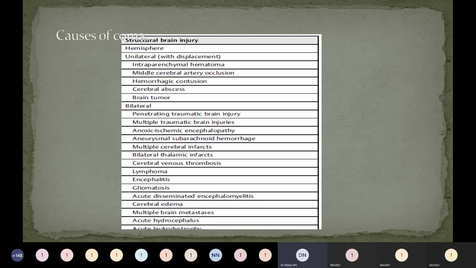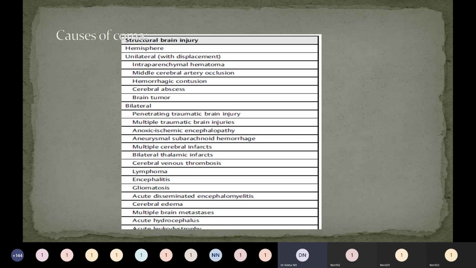So I was saying, coma can be due to anything causing a structural or a metabolic brain injury. We'll see this table mainly showing a structural brain injury. It can be a unilateral insult to the brain or a bilateral one. Predominantly unilateral, as all of you know, it can be an intracranial hematoma or hemorrhage, an infarction involving the hemisphere, or a hemorrhagic contusion, which could be post-trauma or a trivial trauma to the head. Infectious etiology can be a cerebral abscess, or any space occupying lesion in the brain. Bilaterally, most commonly,